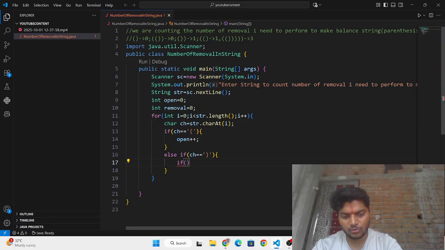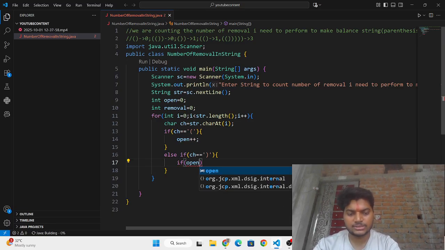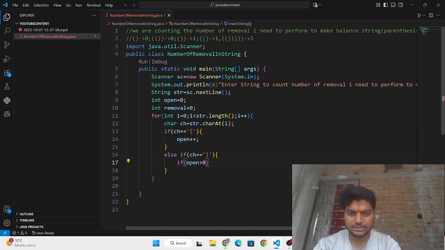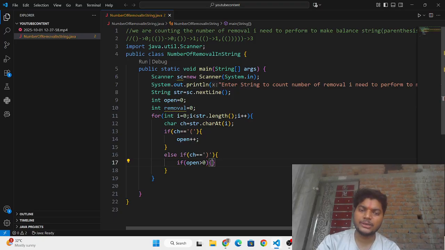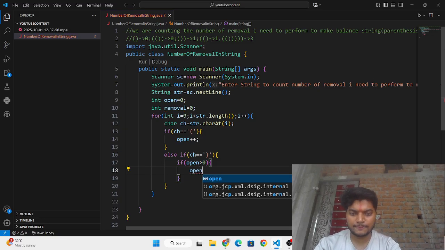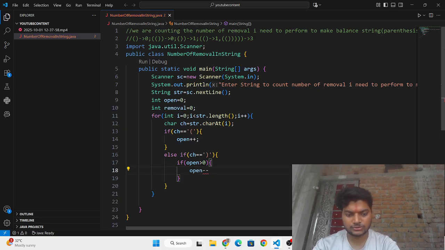If open is greater than 0, then you need to reduce open by open minus minus, because it counts.